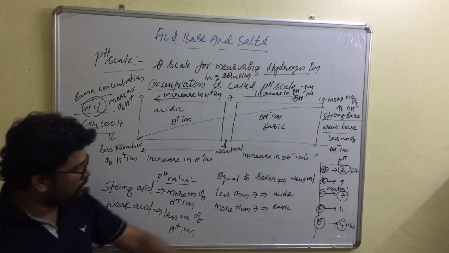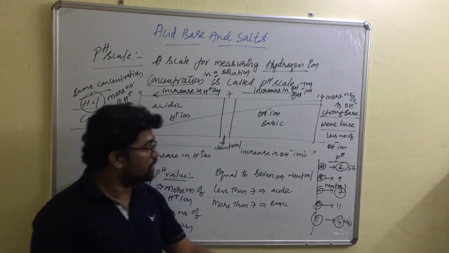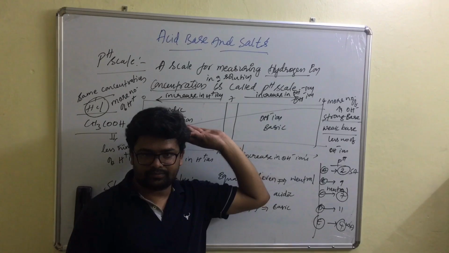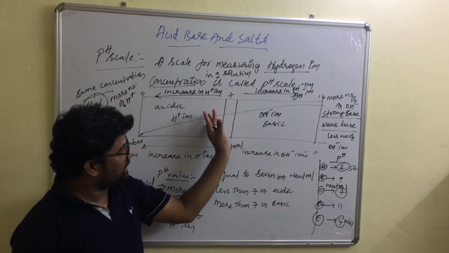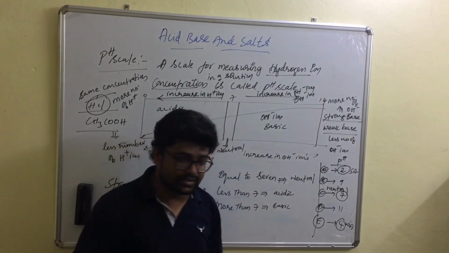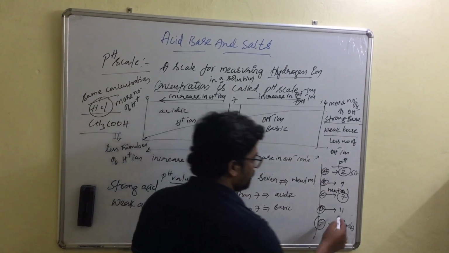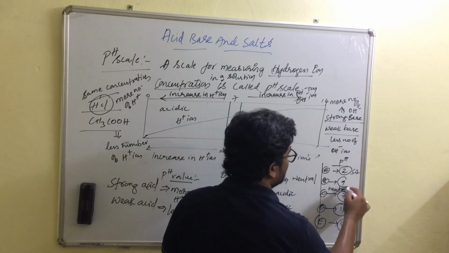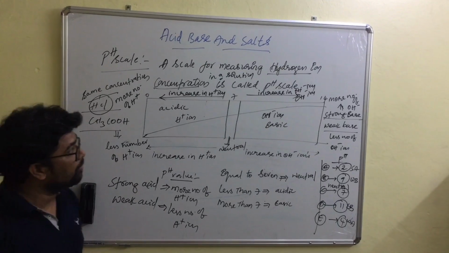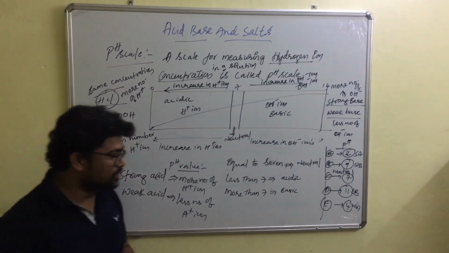Now how to decide between 9 and 11, which is the strong base and which is the weak base? Children, 7 से नंबर अगर ज्यादा होता है 14 तक तो वो base है. As you move from 0 to 14, the number of OH- ions increases. अब ये नंबर 9 and 11 में OH- ion ज्यादा किस में है? 11 में. तो ये strong base. अब ये 9 क्या बन जाता है? Weak base. So this is how we decide the strength of acids and bases with the help of the pH scale. Hope you have understood this class.